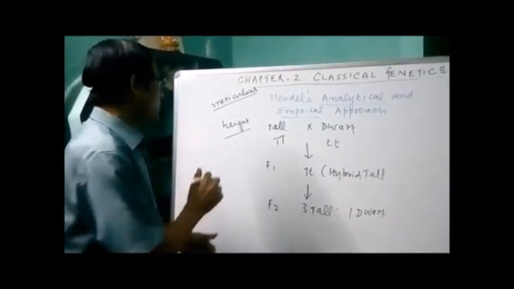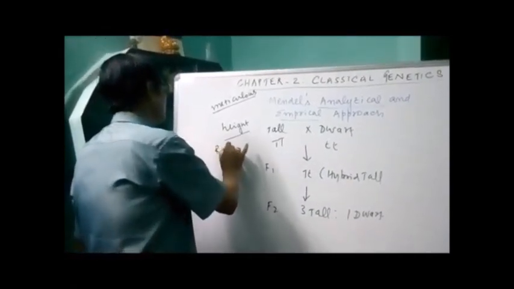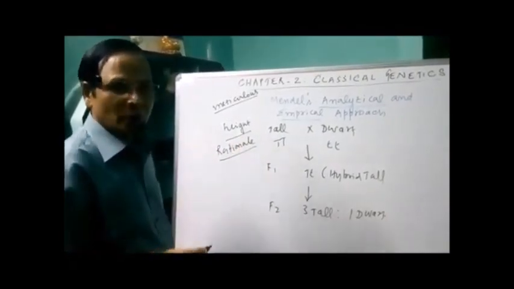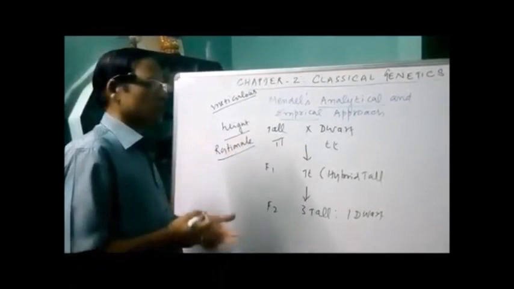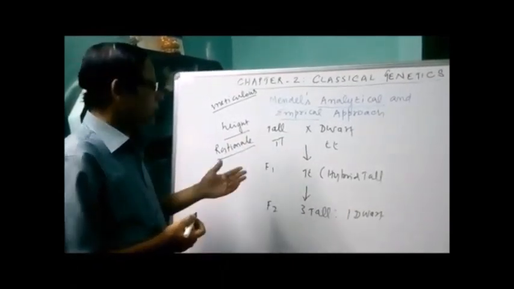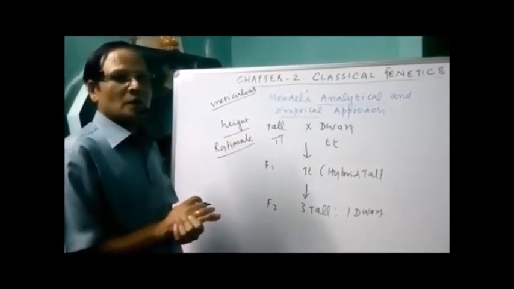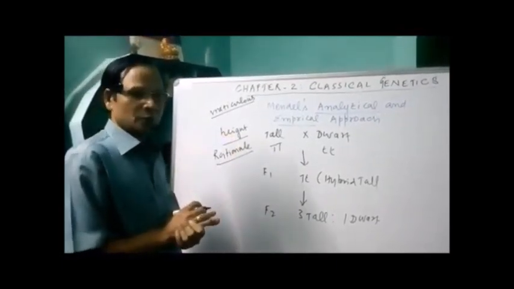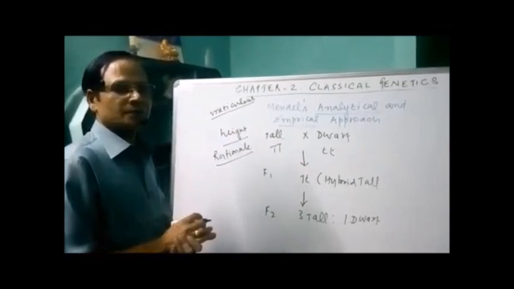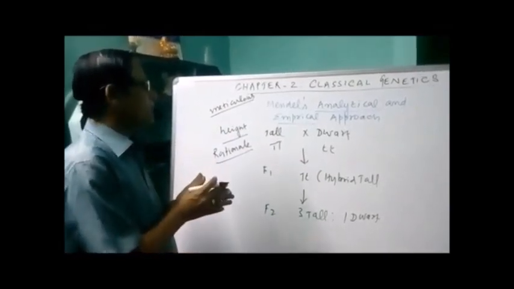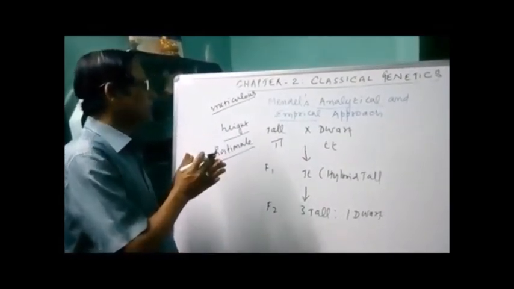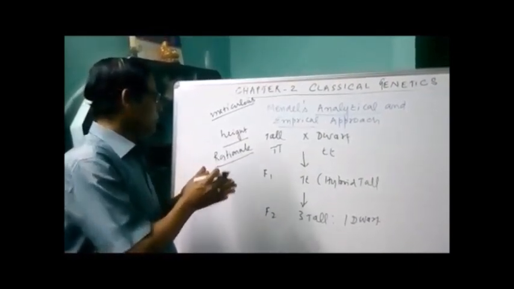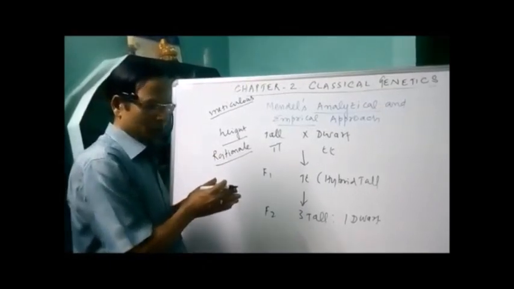This rationale, this logical basis, is called the empirical approach. And the laws which are arrived at through the empirical approach are called empirical laws. So this is the concept as given in the book regarding the analytical and empirical approach. So what approach did he take, and what are the impacts of that approach?